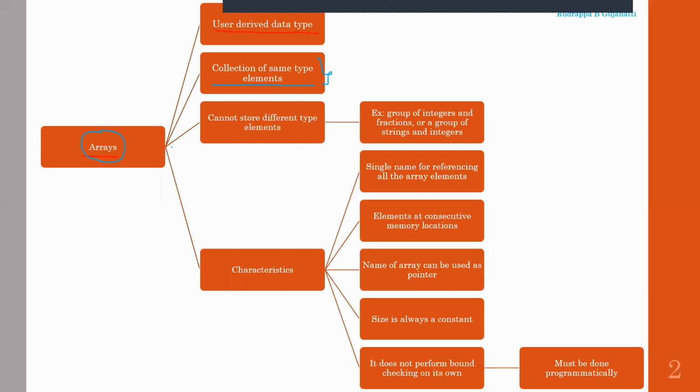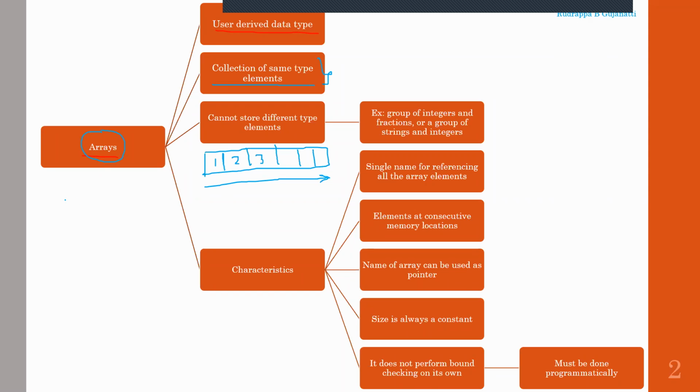Then apart from that, another thing to note down is an array will be consuming a continuous memory location. So if I allocate five memory locations, these five memory locations will be contiguous in nature. That is, the memory locations will be continuous. So the first element has to be stored at the first memory location, second over here, third over here, and so on.